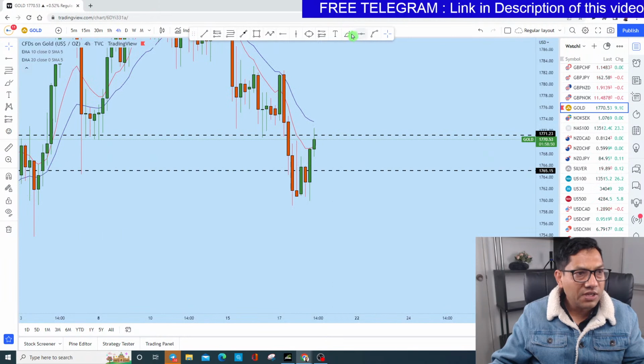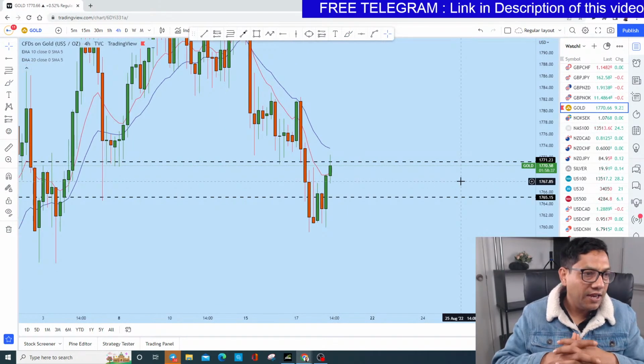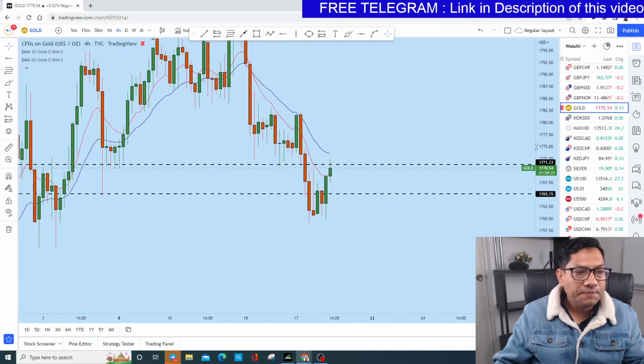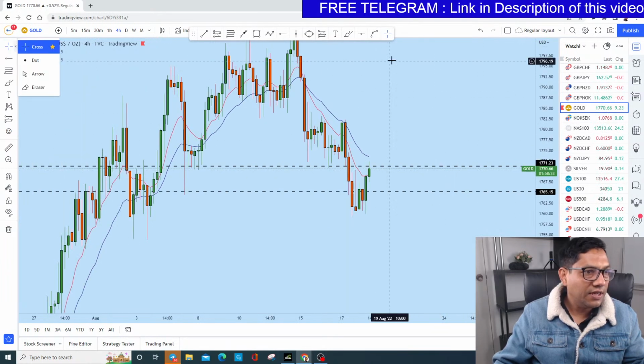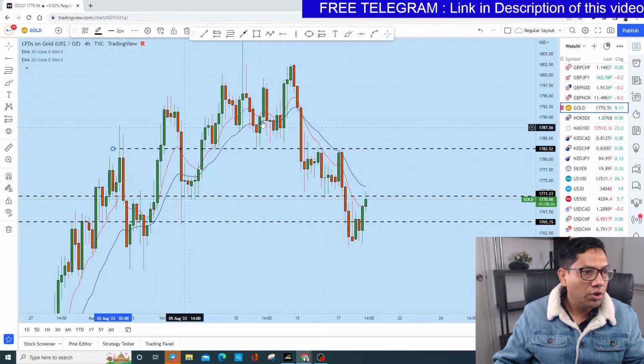We have seen on gold there is a kind of reversal pattern here, and we were stopped out from a trade on gold today. So now we'll see how we can re-enter the market in an important area of value. Now you can see that there is a big move on gold, and there is an order block here in this zone. You can see this is the previous order block here.